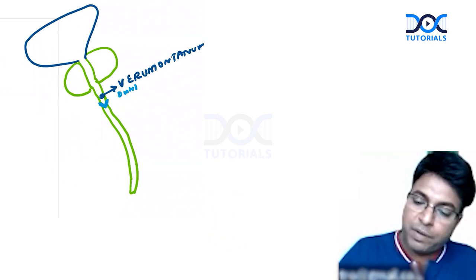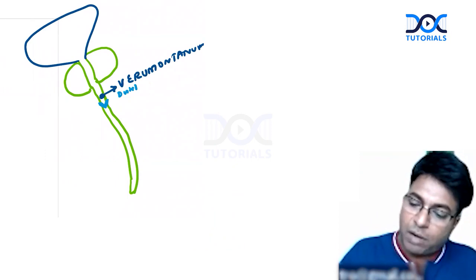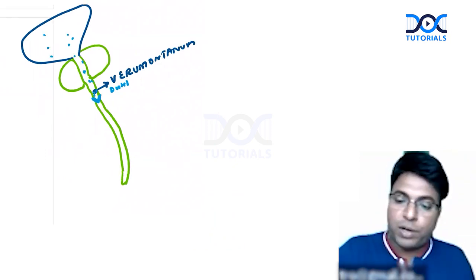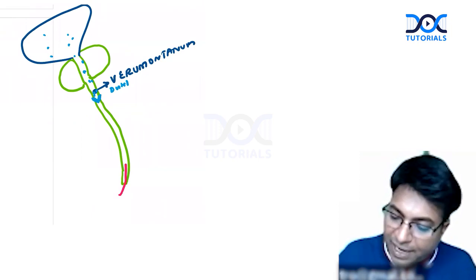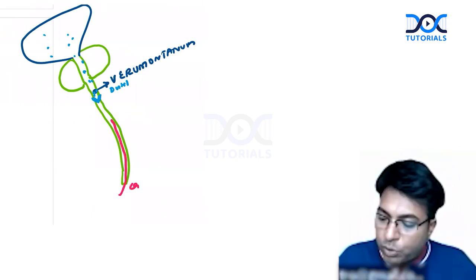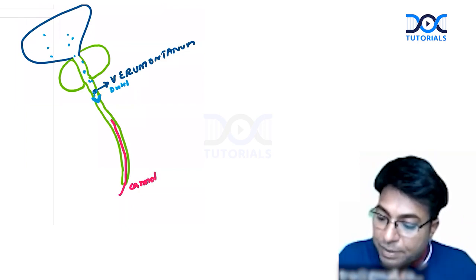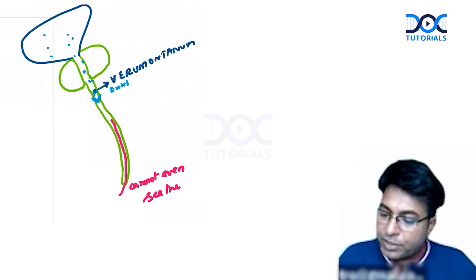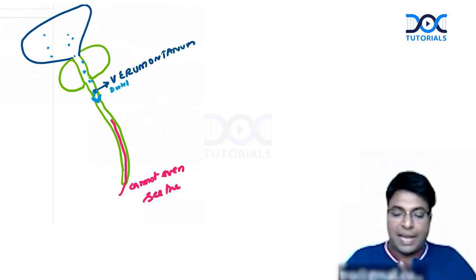Therefore, when the boy tries to pass urine, he cannot pass urine. But at the same time, when you put a Foley's catheter or a scope inside like this, that valve will open up easily. Therefore, you cannot even see the valve with the scopy. That is the point given in Bailey and Love.